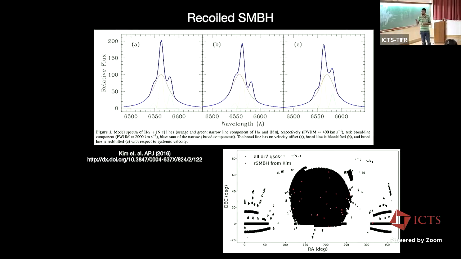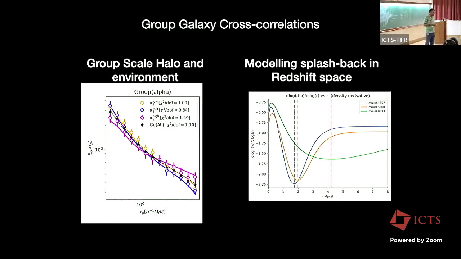So you can essentially use all the things I talked about, the spectroscopy from galaxy survey and quasar samples, and do very different science at very different scale. You can talk about supermassive black hole merger, look at the kick velocity with some caveats. You can also do very detailed modeling of what we have talked about a lot, which is dark matter